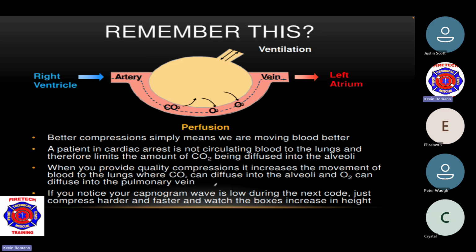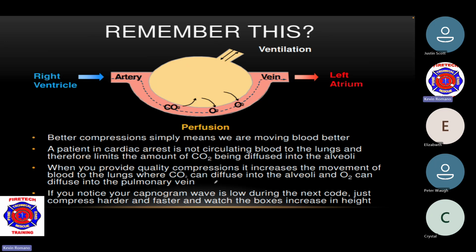So you guys at Jackson First Alert, you guys have a Lucas device. If you go to that cardiac arrest, you have end tidal on there. Just keep in mind, hey, what did Kevin say before about this? Look at it, right? Because obviously you're going to start compressions manually, and you're going to switch over to your Lucas device. If you have end tidal out fast enough, you can see the change. You'll see a difference, right? You need good perfusion,